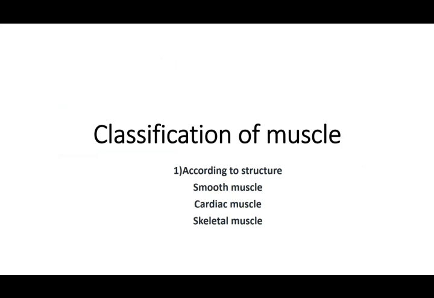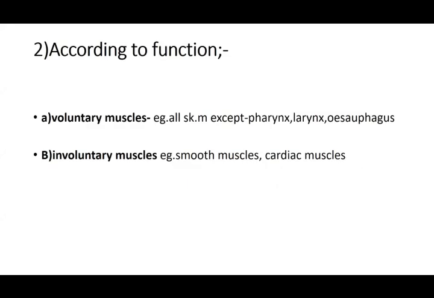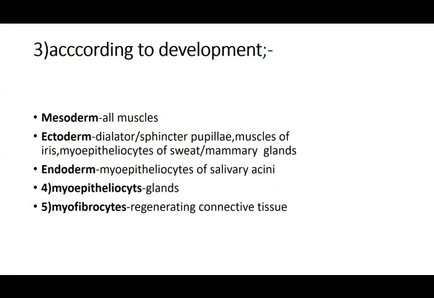Then there is the classification, the most important part of the classification of the muscle. First is, according to the structure, we have classified it as smooth muscle, cardiac muscle, and skeletal muscle. These three, that is the appearance of the shape, the presence of the nuclei, and all the features. According to that, we classify it as smooth, cardiac, and skeletal muscle. Then, according to the function, voluntary and involuntary muscles. Then, according to development, some develop from the mesoderm, that is the germ layer, some from the ectoderm, some from the pharyngeal portion, so all endoderm. So all these different layers, if they are development, we classify groups of muscles according to that.